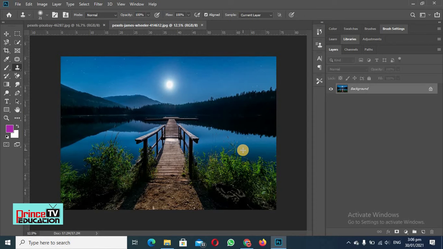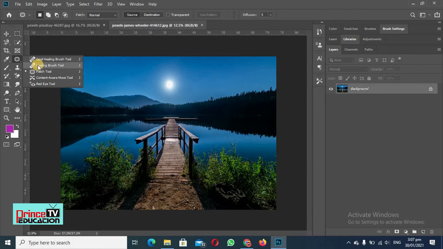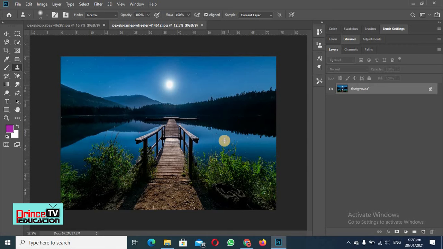This works exactly the same as we have done with the healing brush tool. We just select a sample of anything, and then we use it to change the desired area. So how can we do this? We can just select a sample, and first of all we have to increase the size of the brush. That can be increased by pressing the right bracket key, and we can also change this from here. So this is a tool and this is a submenu appearing from here.